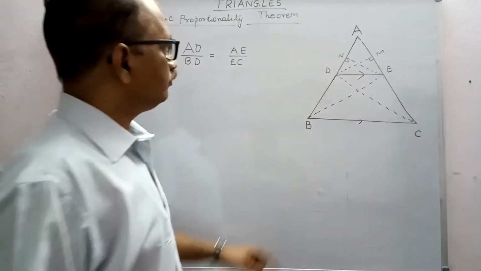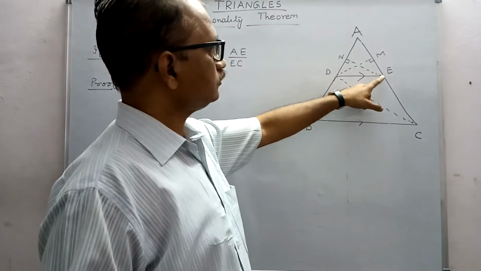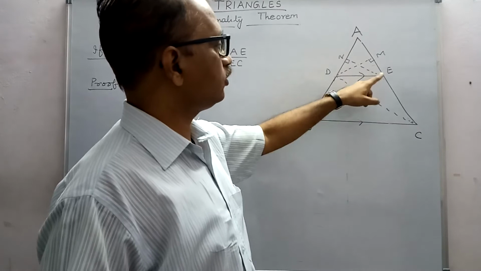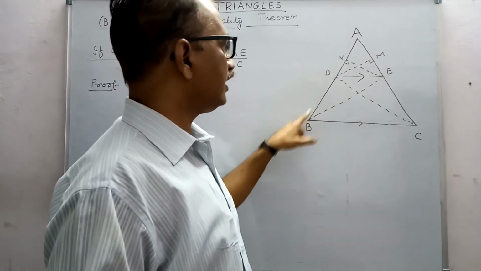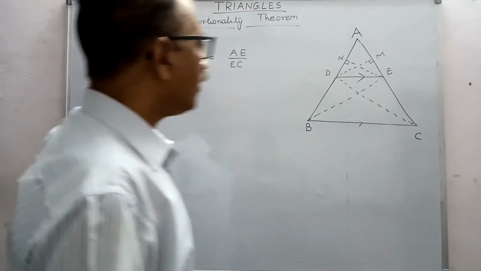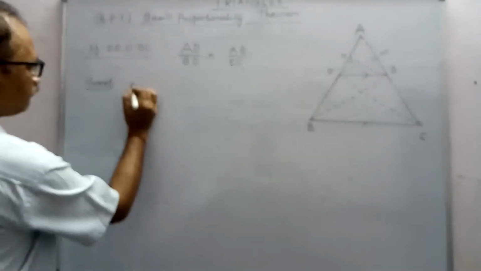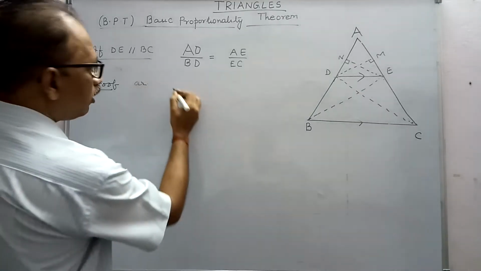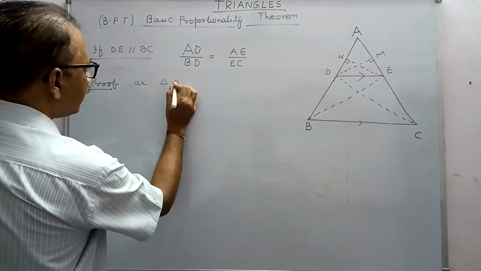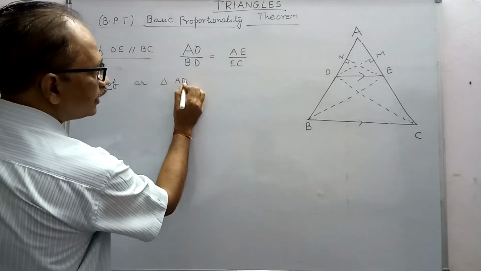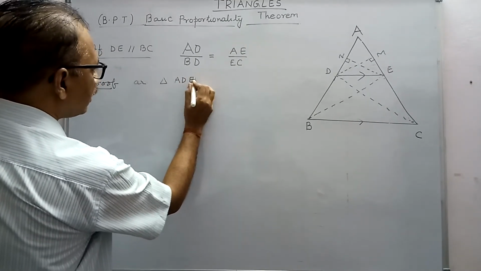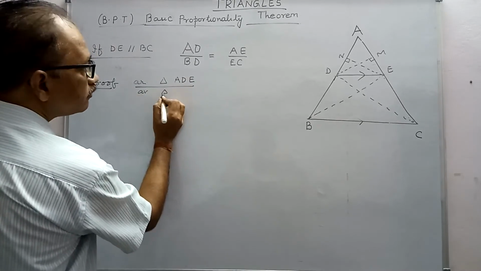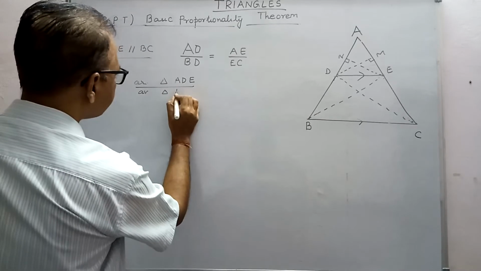Now we have EN perpendicular to AD and DM perpendicular to AE, and we join BE and CD. Now area of triangle ADE upon area of triangle DEB